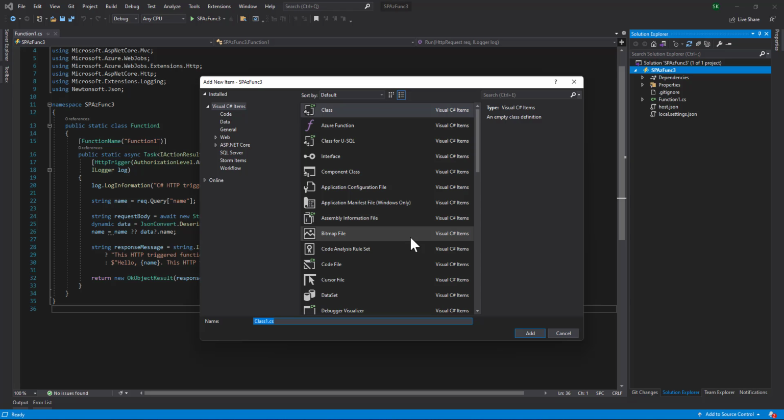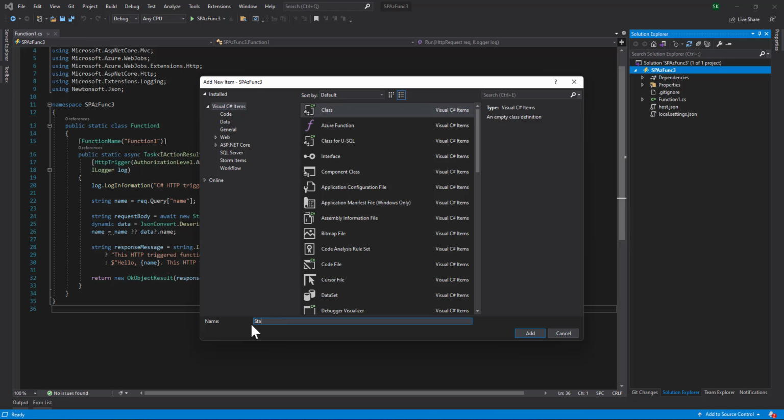You can refer to all these settings in the PnP Core documentation. As I mentioned, there are different settings for different authentication methods which we can leverage. Since we are going to use the certificate authentication method, I am just going to leverage the certificate settings. So let me write the code for that.